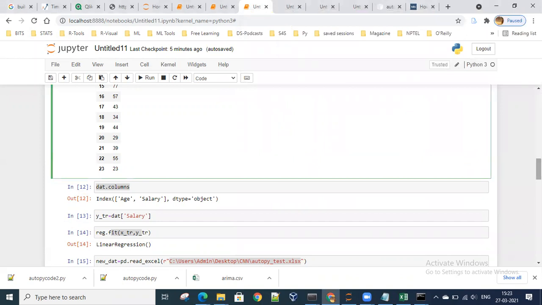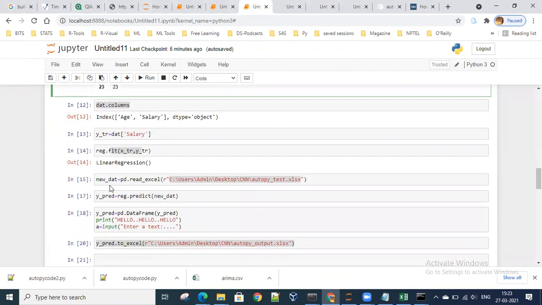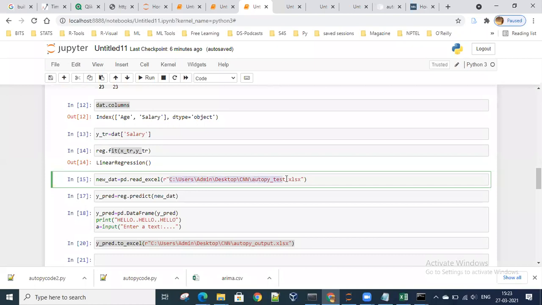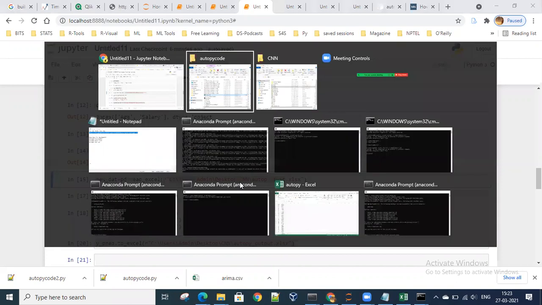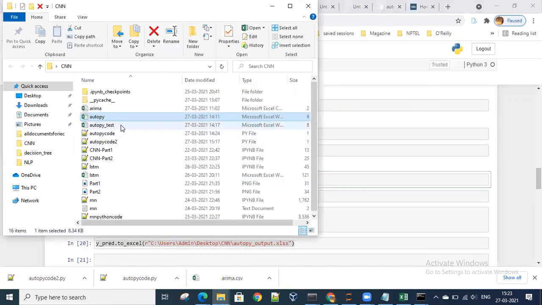So how can we give the input? Let's take an example. Every time the user comes, the user will save this file as autopy.txt in this folder only. Every time the user saves it, he gets the output in a specified folder, which you will ask him to work on. When the user clicks on this autopy code, it will automatically save the output in the specified path in the executable file which you have specified.